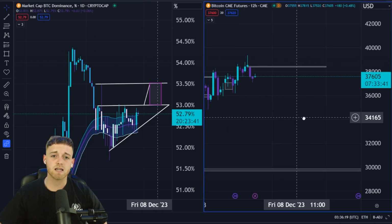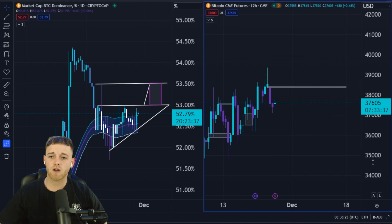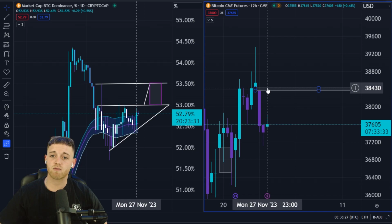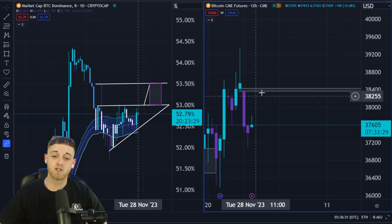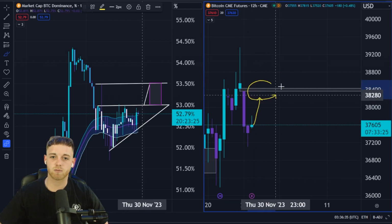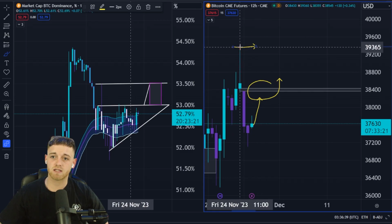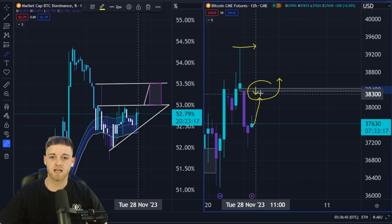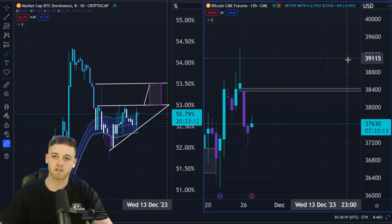Talking CME, guys, back to the CME chart. You can see here we do have a CME gap coming through. It's actually bullish here, guys, because we haven't filled this gap yet. It is up at around 38,500, 38,300. So we do need to fill this gap fairly soon. If you are looking at the CME chart, we could be seeing a nice little pump to the upside, not breaking the high of 39,365 on the CME, but you can see 38,000 is potentially on the cards. So make sure you keep your eyes peeled for that,